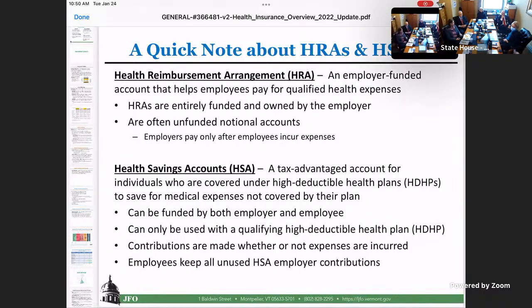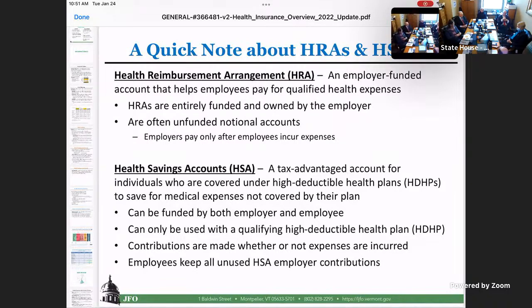So instead of just paying the insurance companies a high premium to have a low deductible, they're saying, you know what, we're going to pay a lower premium, have a higher deductible, but then we'll put money into these HSAs and HRAs, and then the employee may use it or may not use it. A lot of companies, cities and towns have thought this is a way to achieve savings, because if the employee doesn't use that money, the insurance company doesn't get it. It either goes to the employee or we get to claw it back.